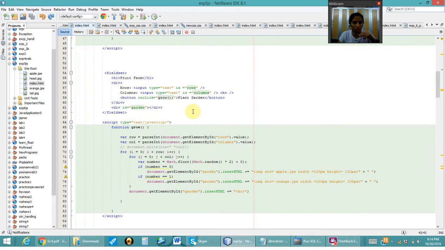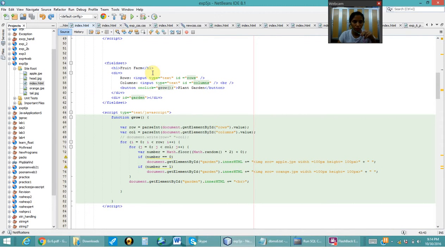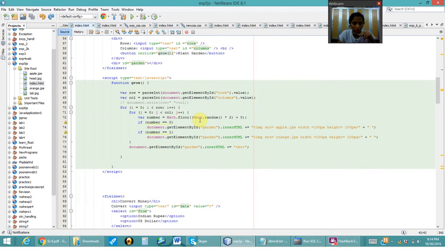For my next output, I'm going to show you a fruit farm, which will take in two inputs. So I have two text types for the rows and columns, and when I give the rows and columns, it'll show an apple or an orange, using a random generator. It will use the random math function to show the pictures in the respective row or column. First I take the row and column, and when I click the button, it'll